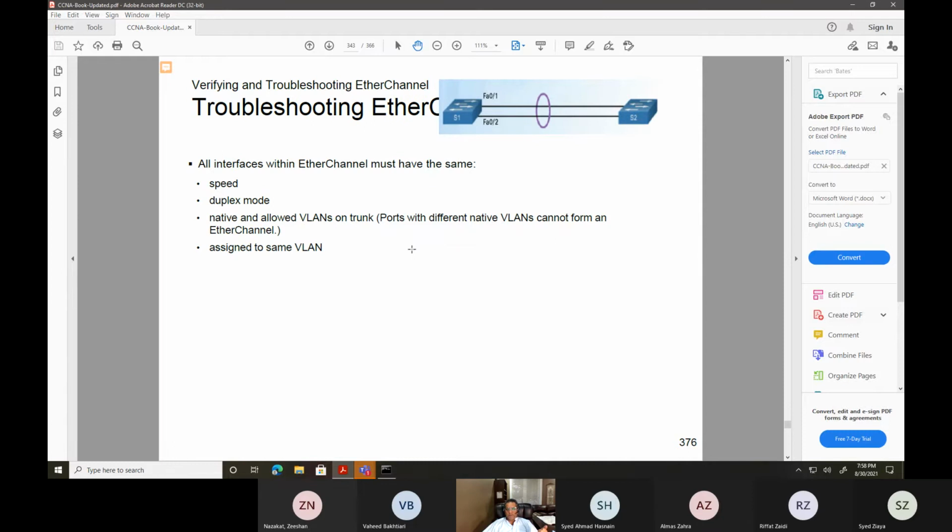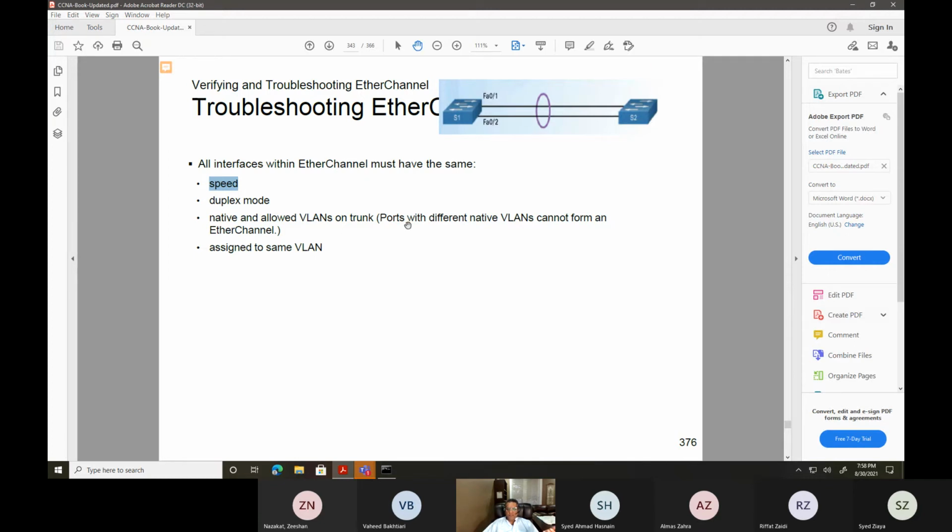When you're troubleshooting, you have to check the speed on both ends and the duplex on both ends. Also check the native and allowed VLANs on trunk ports, meaning what VLANs you allow to go on the trunk port itself. If you put the switch port in trunk mode, it will take traffic from all the VLANs.